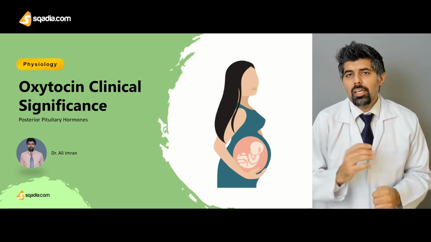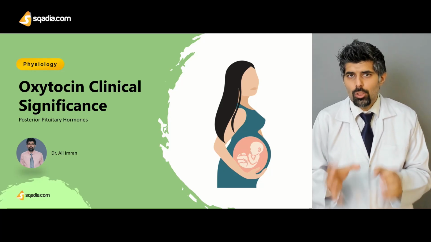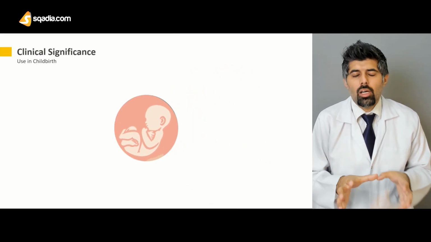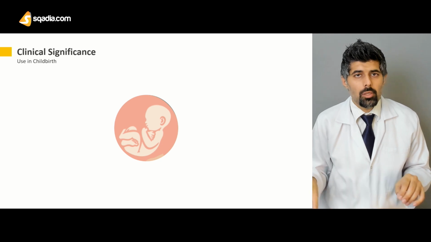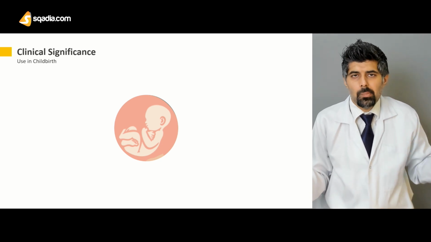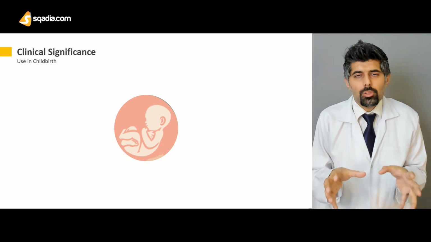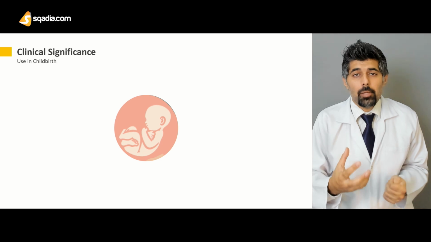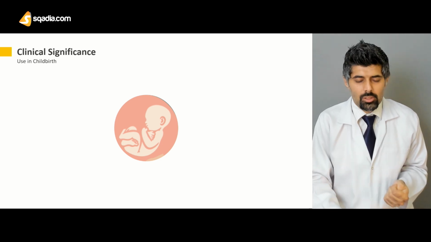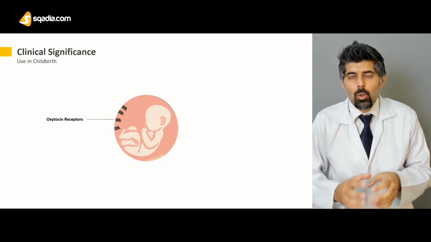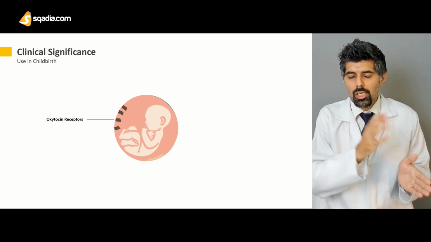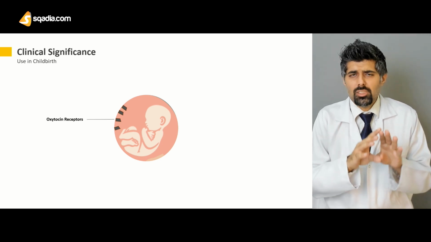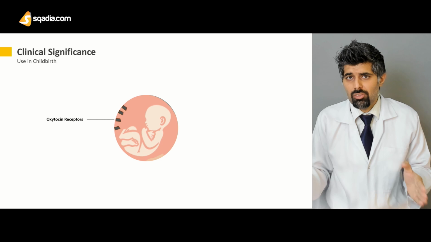Let's talk about the clinical significance of the oxytocin hormone. Now, we already know that there are two main targets of the oxytocin hormone, one being the mammary gland and the other being the uterus. The uterus during childbirth, during pregnancy, is ripe with the receptors of oxytocin. This usually happens in the late stages of pregnancy, when the uterus expresses a large amount of oxytocin receptors,